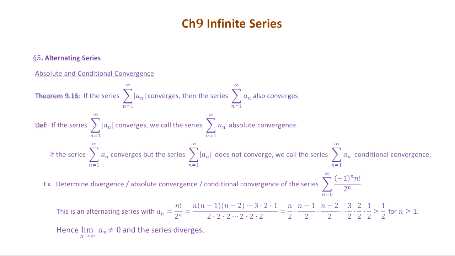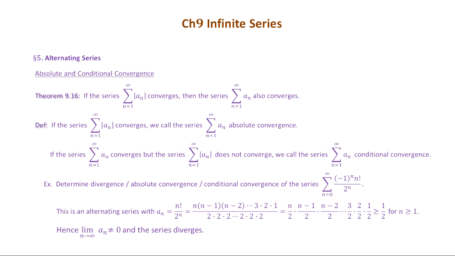Okay, so then we have two situations here. The first situation is if the series of absolute value of AN converges, then obviously the series AN itself converges from the theorem, and then we call this series AN absolute convergence. It means both the series of absolute value and the AN itself converge. So absolute convergence is a strong statement,